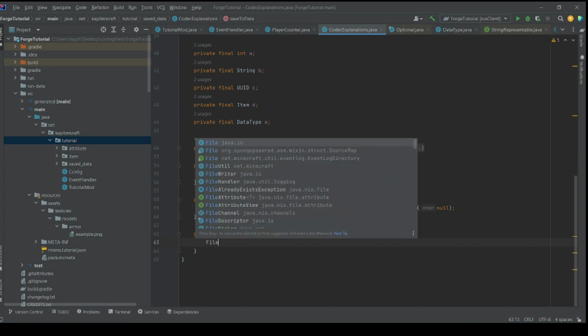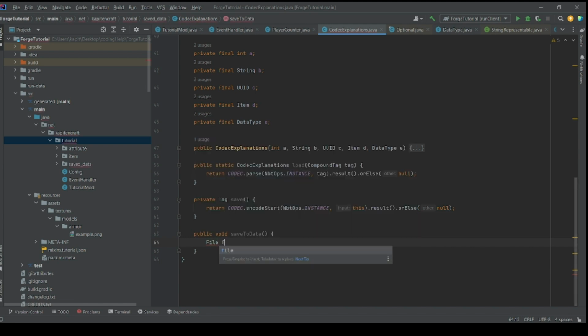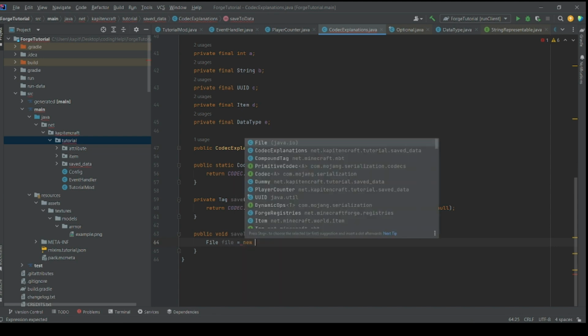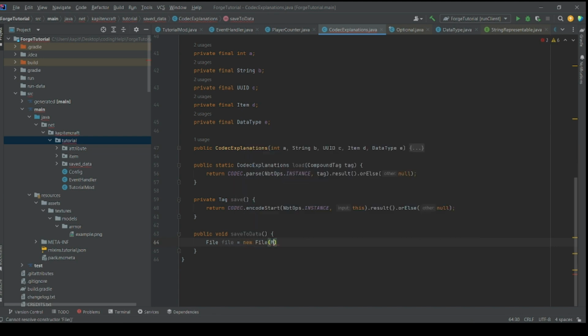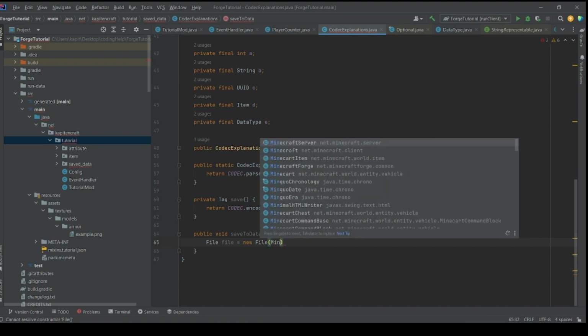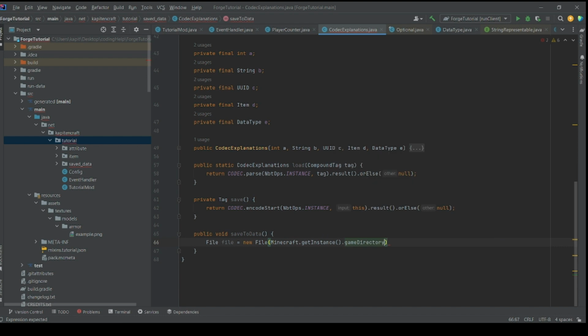A simple file you can get at java.io, and this file is equal to new file, and I'm going to go Minecraft.get instance.game directory. That's the game directory. It normally returns a dot, literally just a dot, and then you can put a string as child,